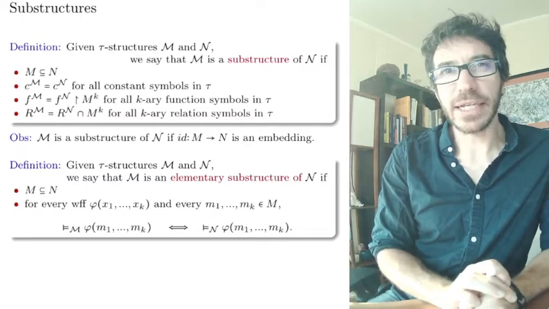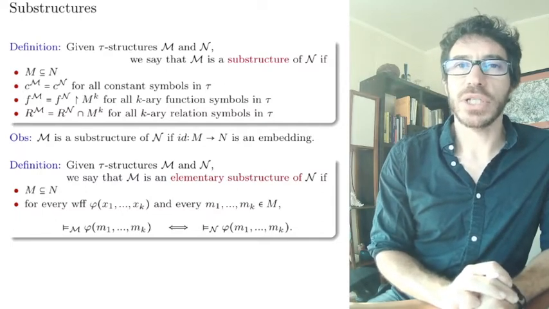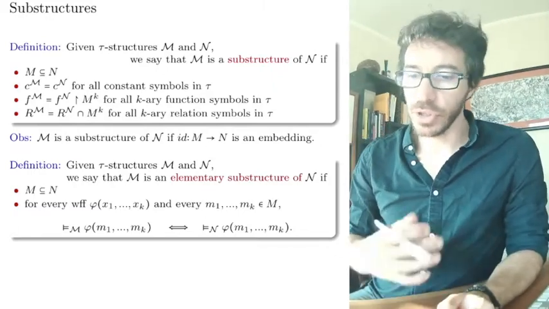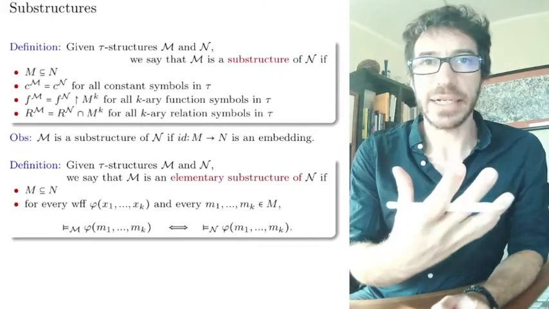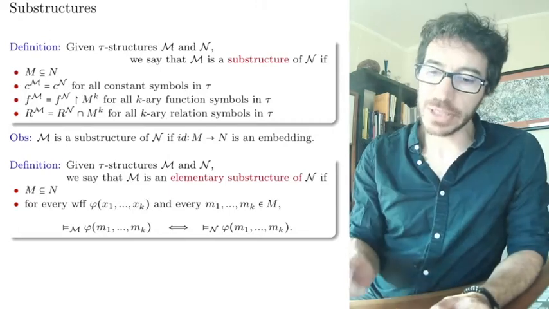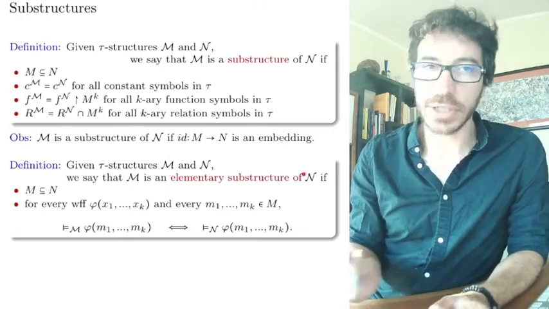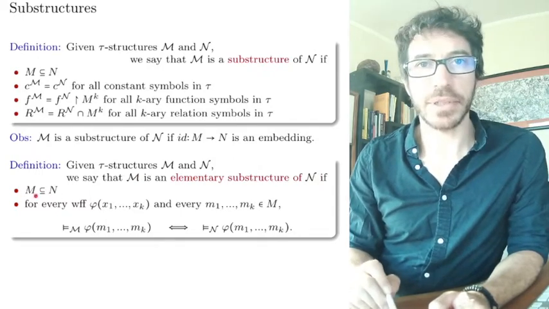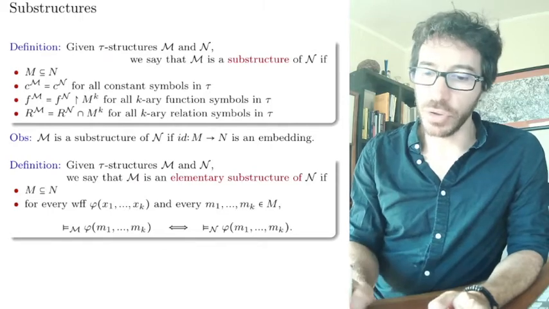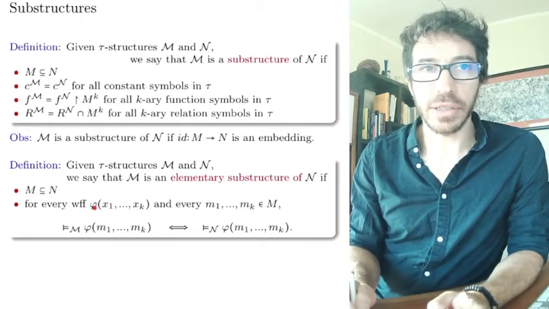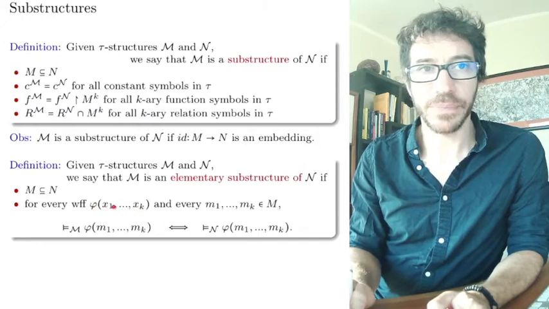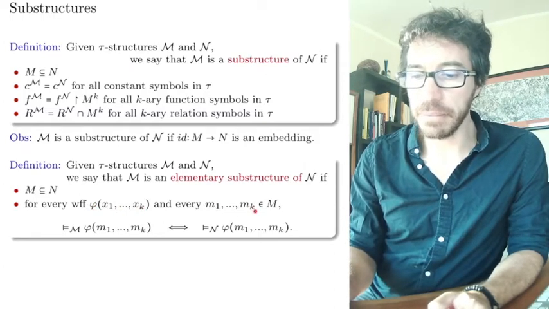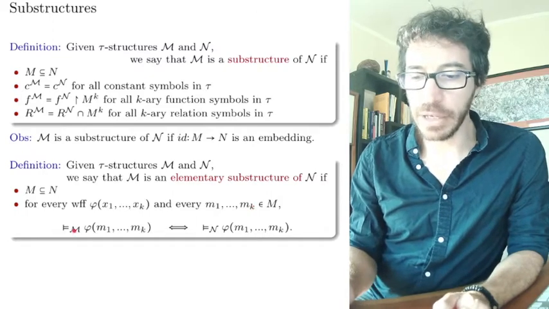There is a very interesting kind of substructure which satisfies more properties than just regular substructures: elementary substructures. Here we say that M is an elementary substructure of N if M is a subset of N, but also for every well-formed formula phi on any set of variables, if we apply the formula to some elements of M, the formula is true in M if and only if it's true